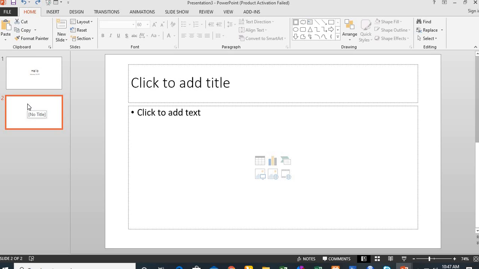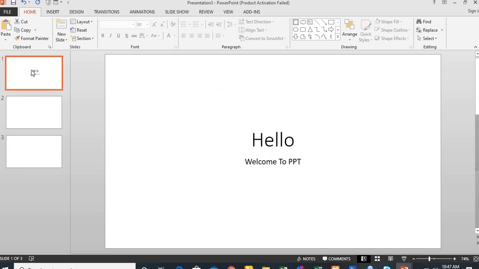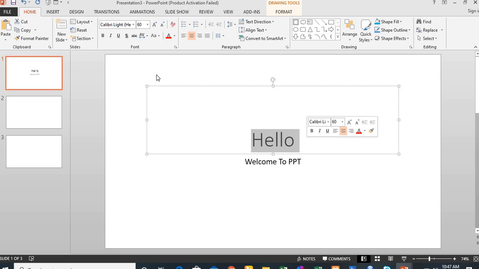I can duplicate it, right click on it and duplicate it. I can come back here. I may want to format this. I will have to click bold. I will go to italic. Now, I may want to also give a color. Highlight it, give a color